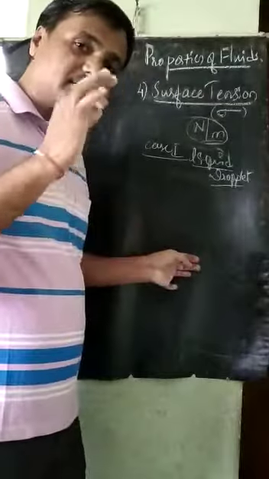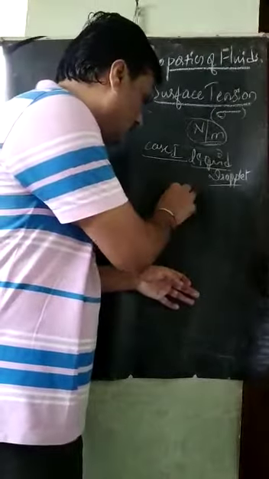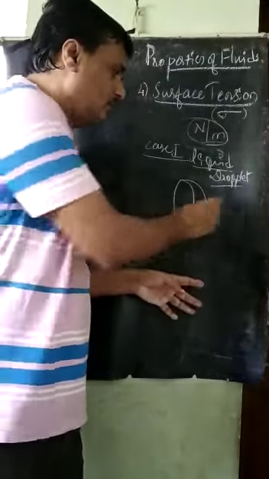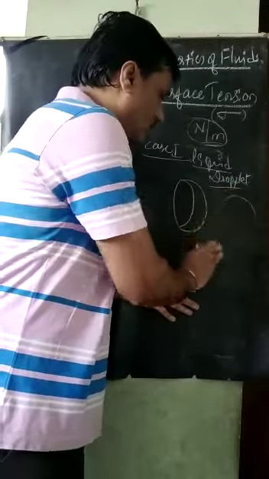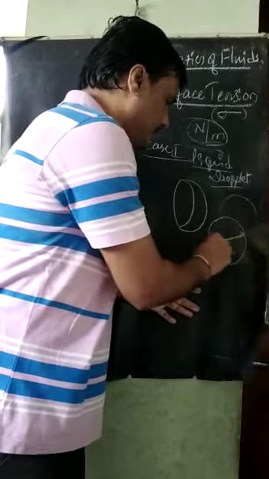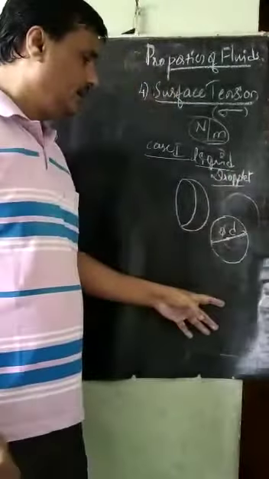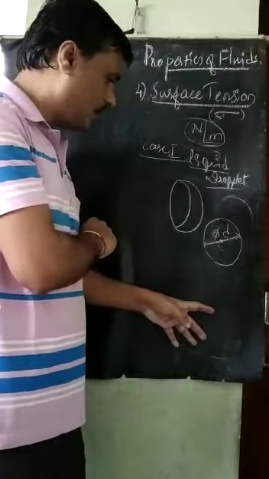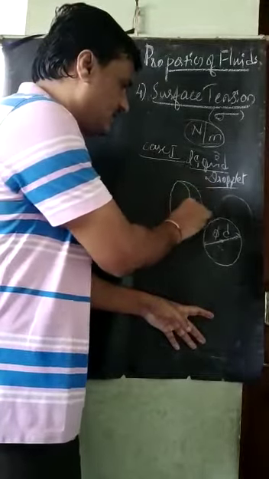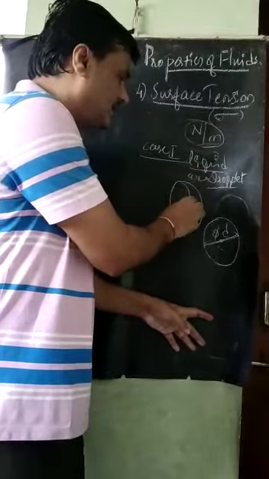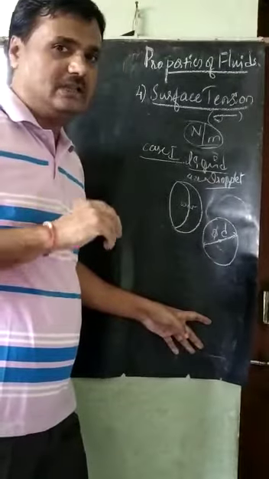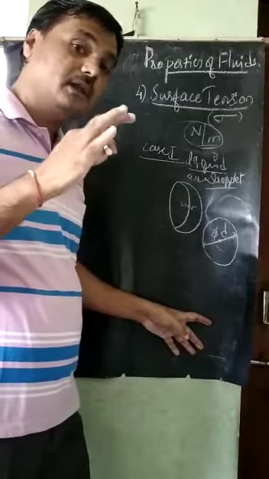If I take a cut section of the water droplet, for example, this is the cut section of the water droplet, of diameter d. If I take the cut section of this liquid droplet, this surface is under tension. Outside is air, inside is water, but it remains in a spherical shape, which means the forces are in equilibrium.